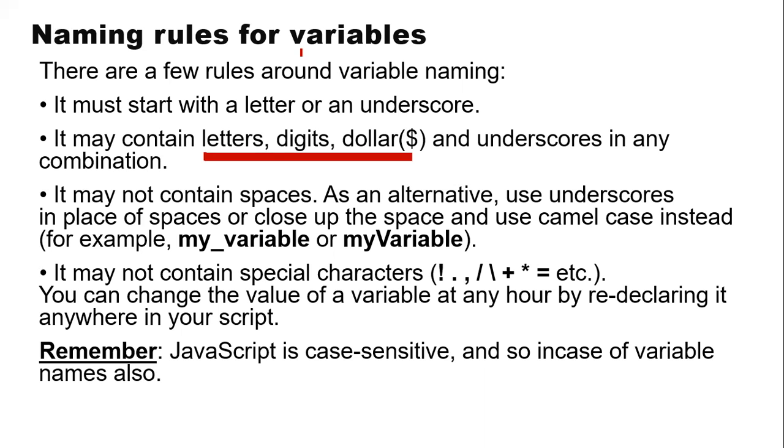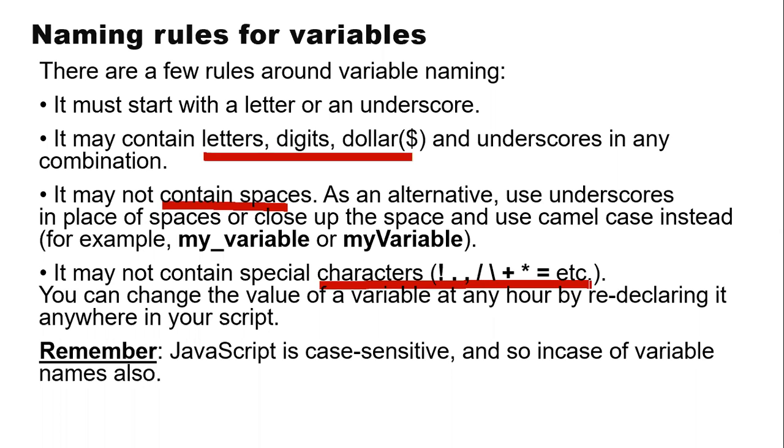Remember, another name we use for variables is identifier. What do you mean by identifier? An identifier is a user-defined name, the name that you define. Whenever I define my own names in my JavaScript, like a variable name, I have to follow these rules. Now remember, the important thing is you should not use spaces as part of your name. And you're not supposed to use special characters like the exclamation mark, equal to symbol, or asterisk symbol. These are not allowed.